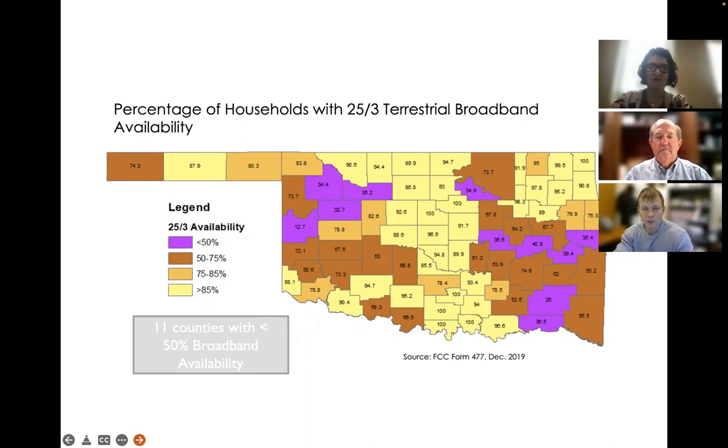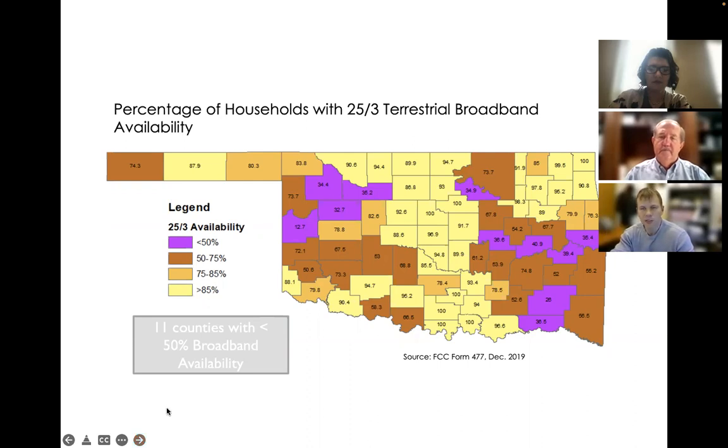And so what this map shows us is, as of 2019, the official definition of broadband, you can see there in the title, is this 25/3, which means 25 megabits per second download, so if you're downloading Netflix or a lot of pictures or something like that, and 3 megabits per second upload, which means if you're putting up YouTube videos or whatever the case is, that's the official definition.